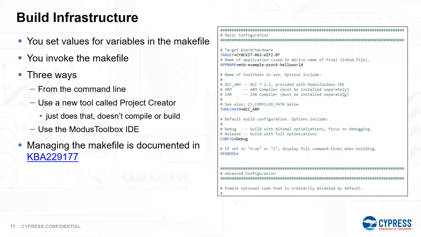So as I told you, the makefile has different variables to control what the flow should look like. So here you can see a snippet of the makefile, and it has comments for each one of them to tell you what it does. So here you can specify the target device you want to talk to, the app name, the toolchain that you want to target, the different configs. You can use debug, release, or a custom config, and so on and so forth, right?